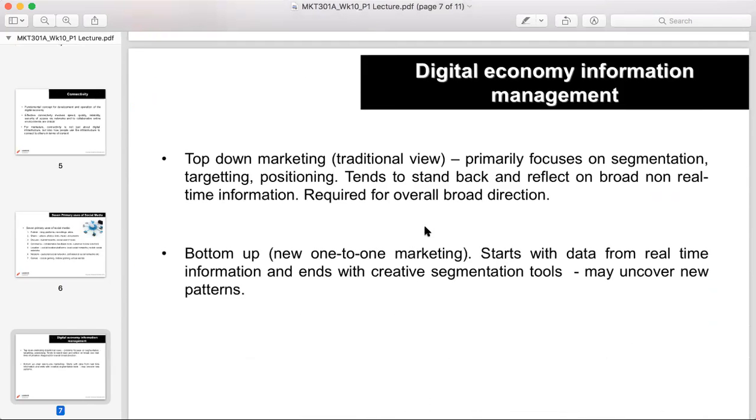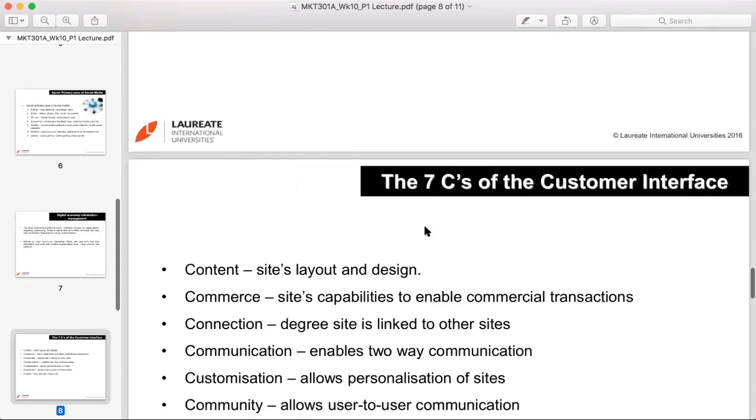Okay. Now, just in terms of information management, there are two types: top-down marketing, and the other one is bottom-up, which is basically the new one-to-one marketing, where it starts with data from real-time information. You can look at digital analytics data that our websites and also social media tools have provided us. Okay, so with that we can do data mining, which is basically leading to finding new patterns. Okay,